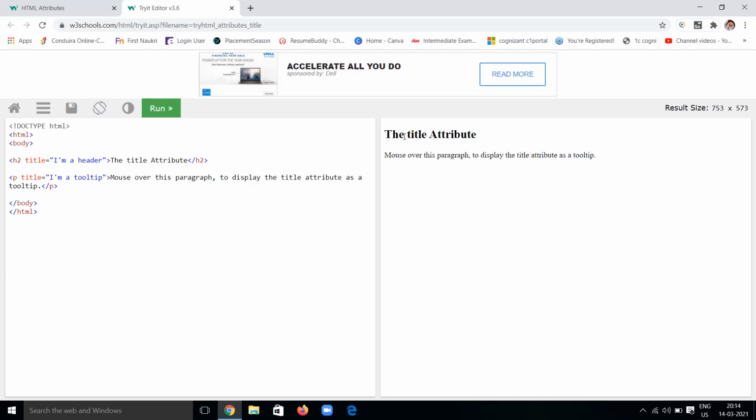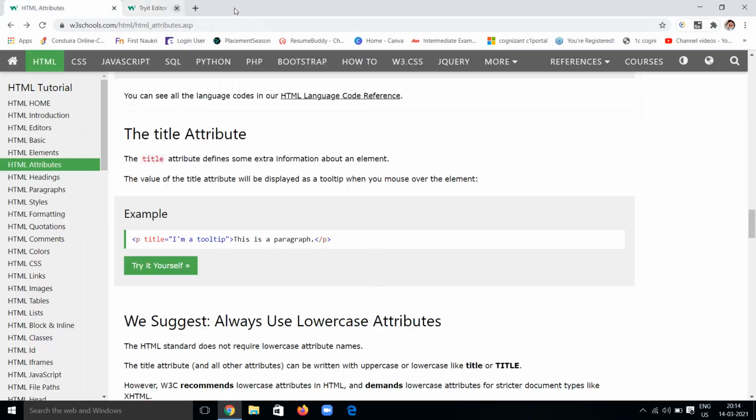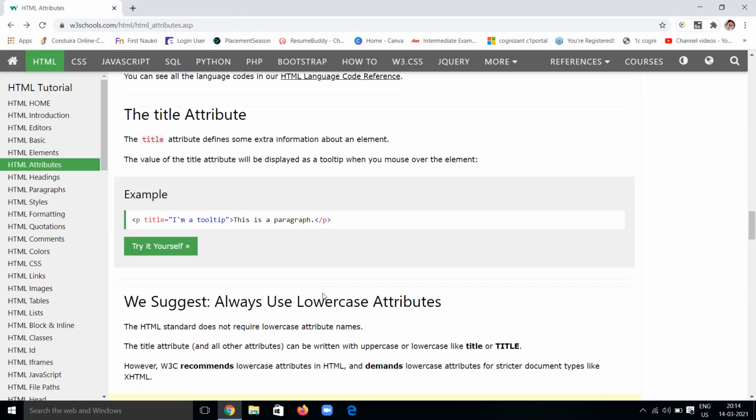My mouse is not in proper condition. I saw it appear one time, so I will run it once again. Like this, the title which is given becomes the tooltip. Here we can see it came and went. Pause this video and observe that. So that is the title tooltip.